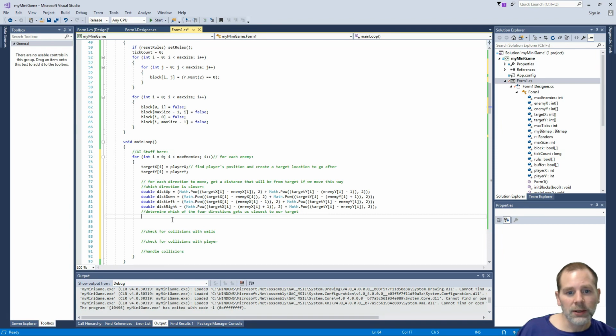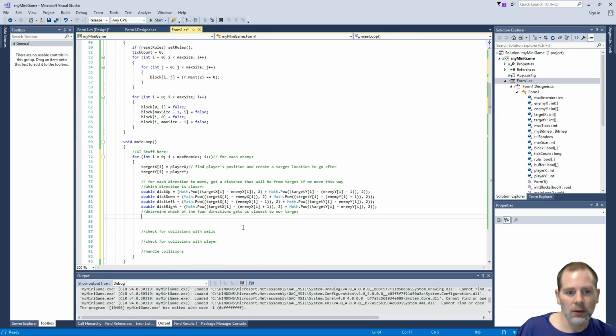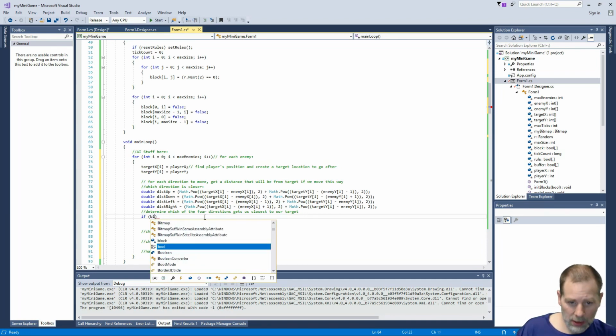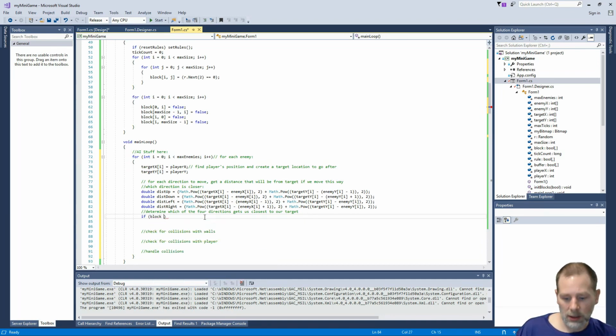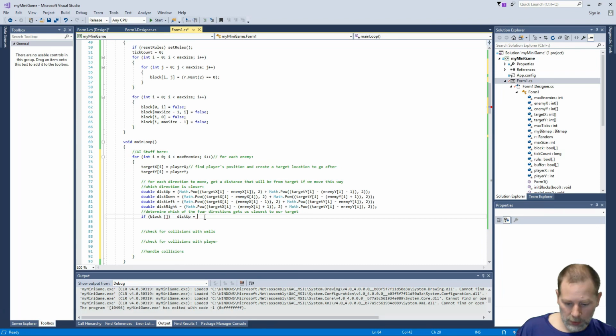So we also need to go, whoops, not sure why it's not indenting there. Okay, if we need to go target X, block, and then we're going to go blah, blah, blah, and then if that's true, the one above us, then we're going to go distance up equals,